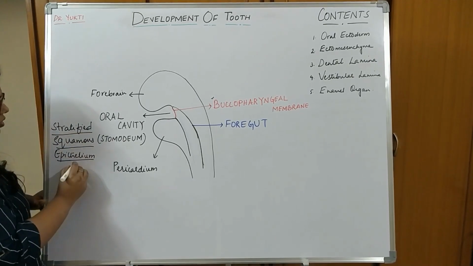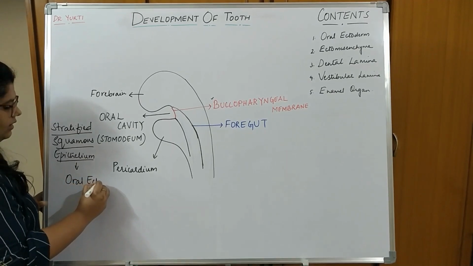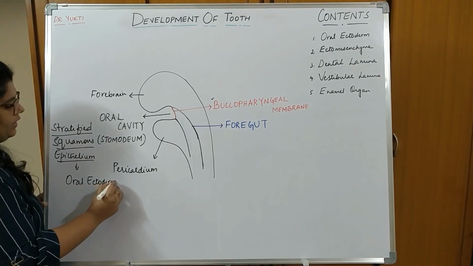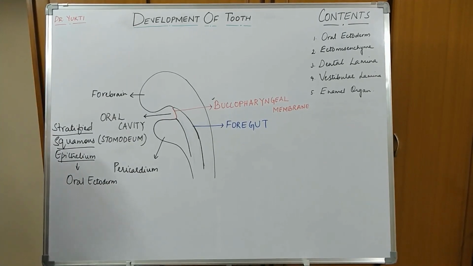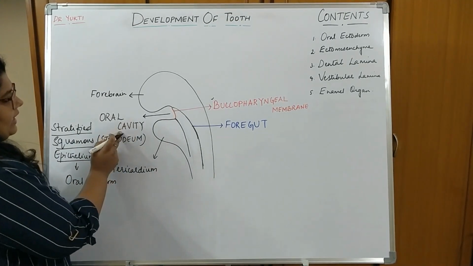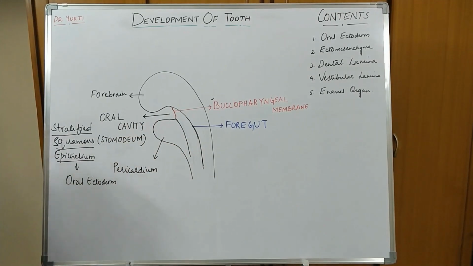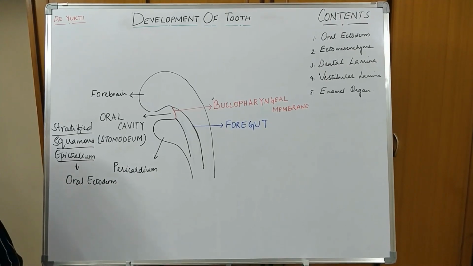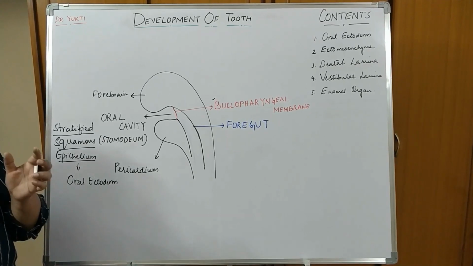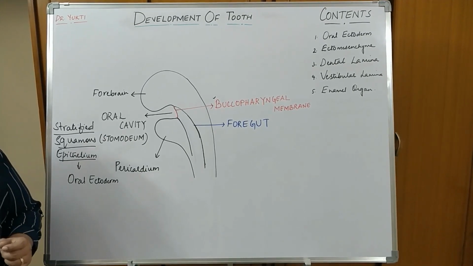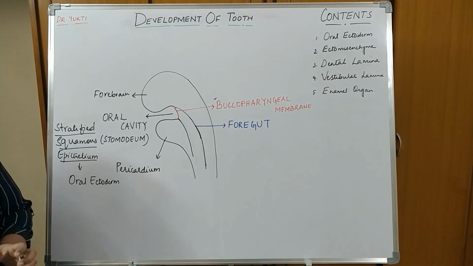Okay. So what is oral ectoderm? It is nothing but the epithelial lining of the primitive oral cavity. Okay. Now, this oral cavity is generally continued into the foregut, right? Foregut is nothing but the future stomach. Now, whatever we, as adults, eat directly goes into our stomach. This means that there is a connection between our mouth and stomach.